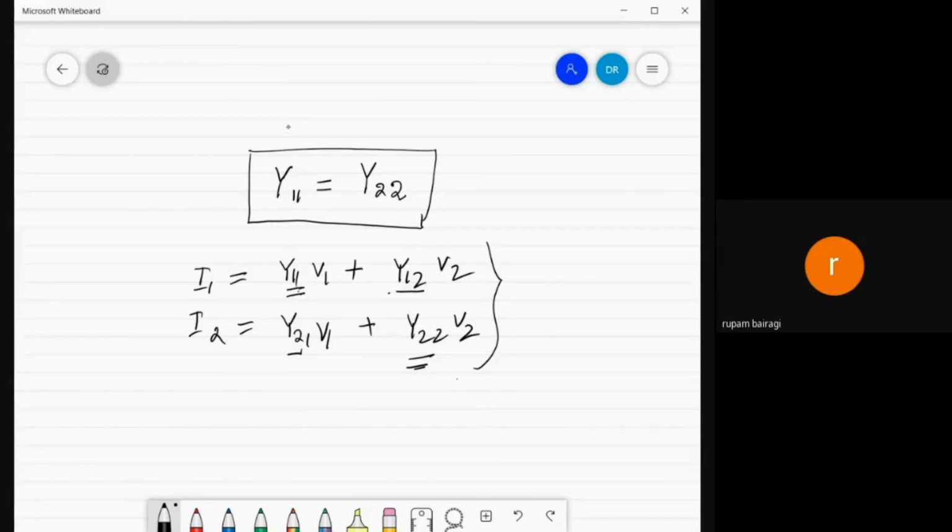y11 equal to y22 এটা symmetry আর y21 equal to y12 এটা reciprocal। আচ্ছা ঠিক, এটা এক হয় symmetry আর ওটা reciprocal হবে। রেসিপ্রোকালটা আমরা প্রুফ করলাম। সিমেট্রিক্যালটা আমরা জেড প্যারামিটারে করে দিয়েছি আগের দিন।